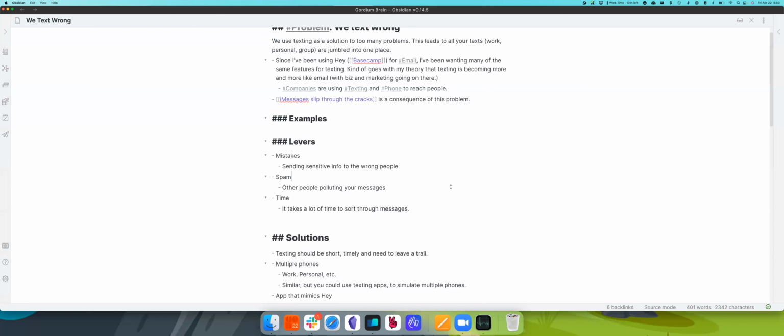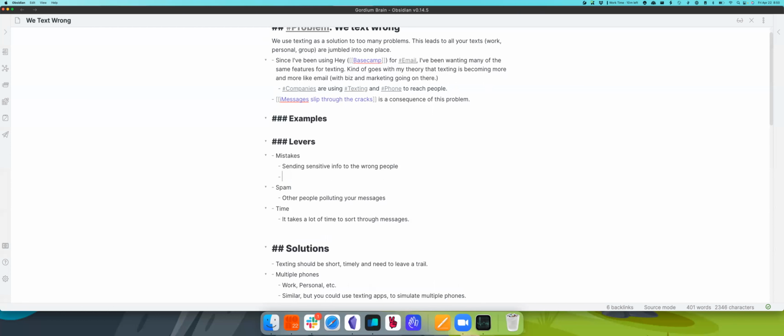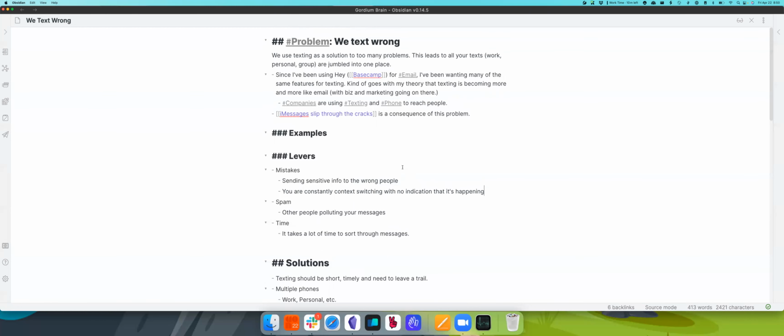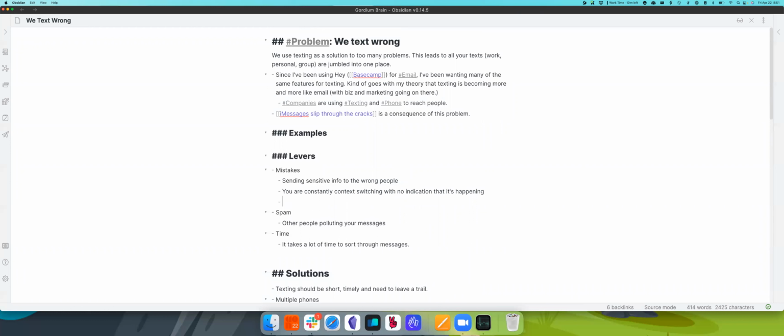Well, something that Jimmy and I have talked about, but not today, and the name of this problem alludes to it, is that we just text wrong. We've come to the conclusion that texting should be time sensitive, where you need to leave a clear paper trail.